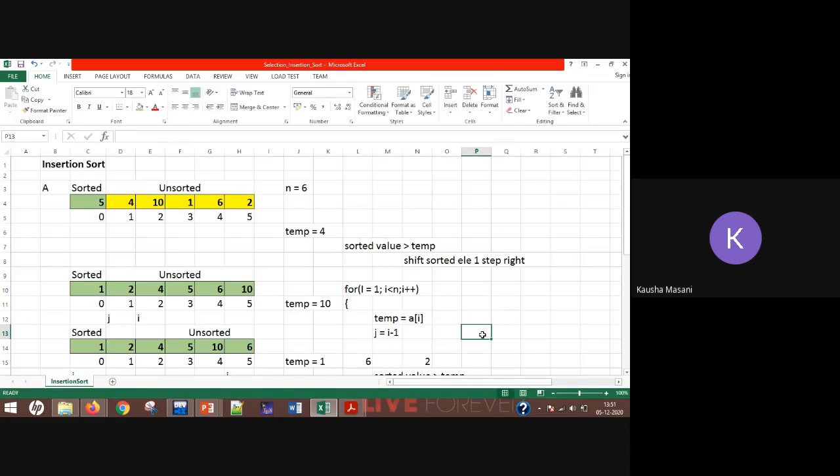So what is this j? J is, you can say, the index part for your sorted list. Okay, तो अगर हम इसको 1 को अगर हम I ले रहे हैं तो मेरा j क्या होगा, I minus 1। तो यहाँ पे मेरा j हो गया, ठीक है, जो कि सॉर्टेड की इंडेक्स को पॉइंट करेगा, I अनसॉर्टेड की इंडेक्स को पॉइंट करेगा, ठीक है।